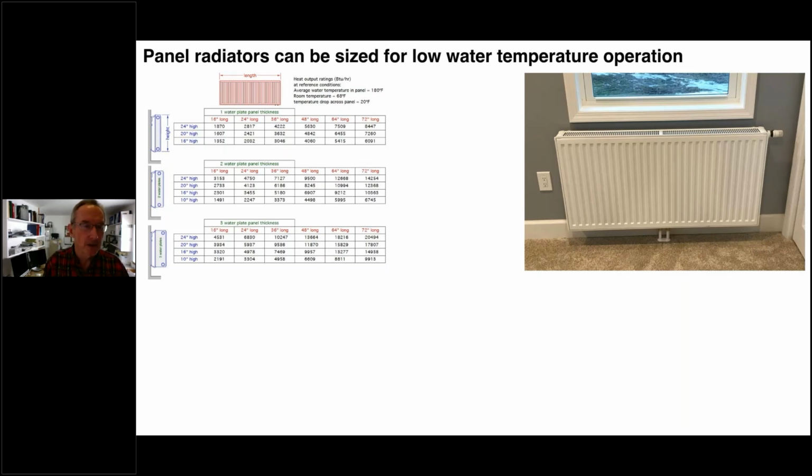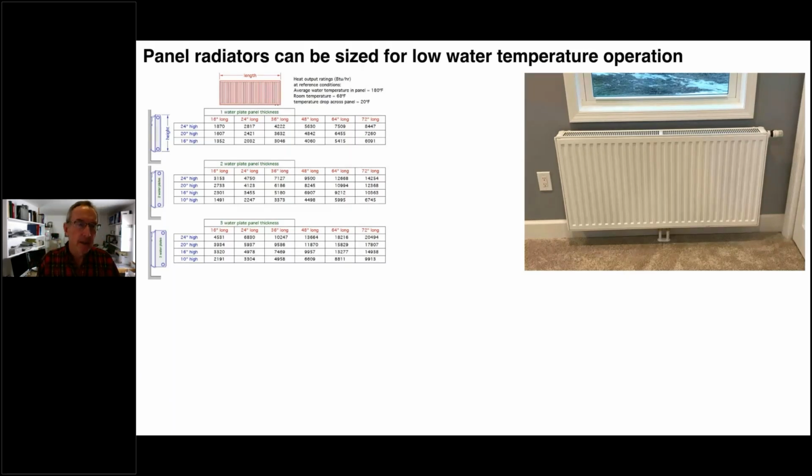And as you look at the numbers in the table, the blue numbers represent the height, and the red numbers across the top represent the length. And the black numbers in the table are the BTUs per hour output. But it's important to understand that's at an average water temperature of 180 degrees Fahrenheit and a room temperature of 68. Manufacturers tend to rate these at these high temperatures simply because they have bigger numbers. And certainly if you're applying these with a boiler and operating at those temperatures,